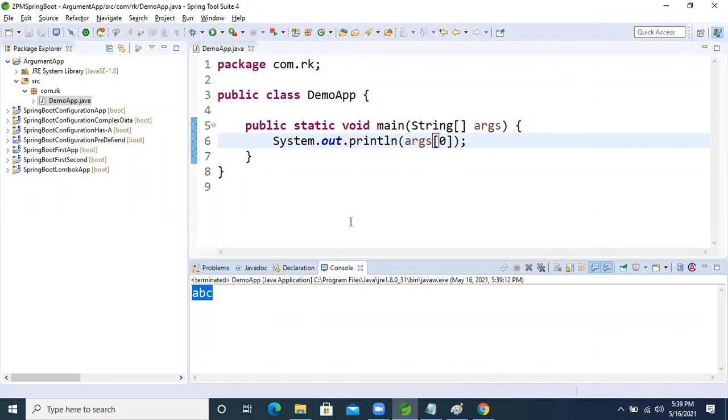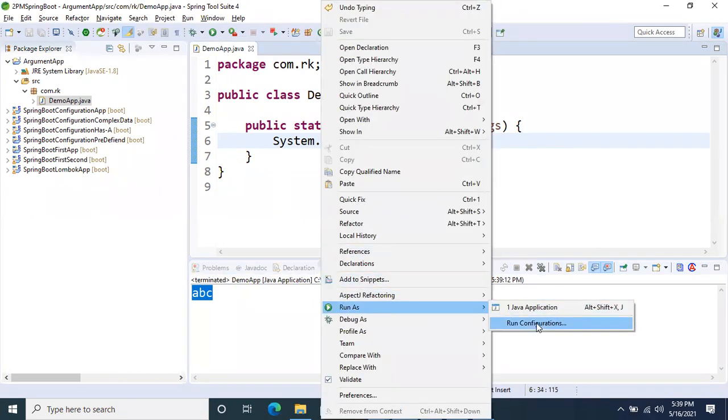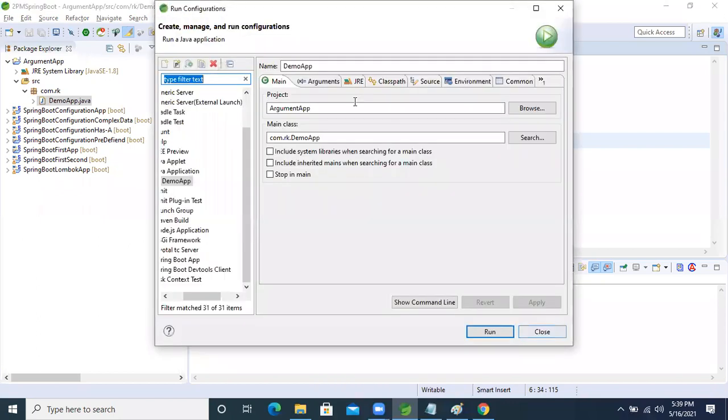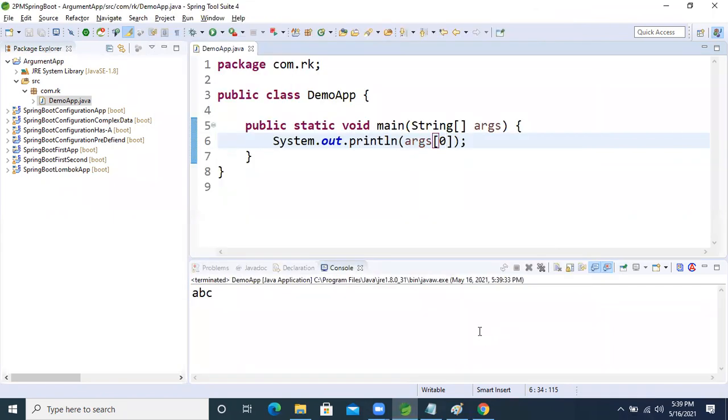Because we gave that argument. Now again run the Java configuration, come inside the argument, and take one more, ABCD XYZ. Then what will happen? We should get the exception. Why are we not getting the exception? Oh, no, fine, I'm wrong. It's eliminating, guys.